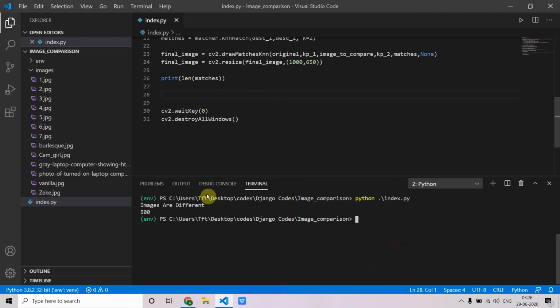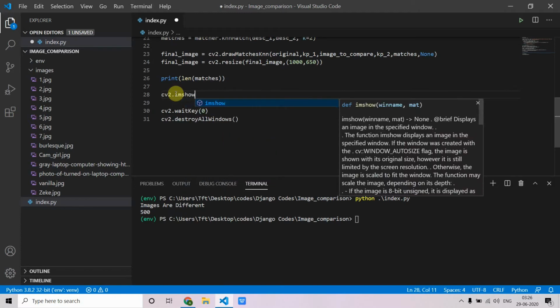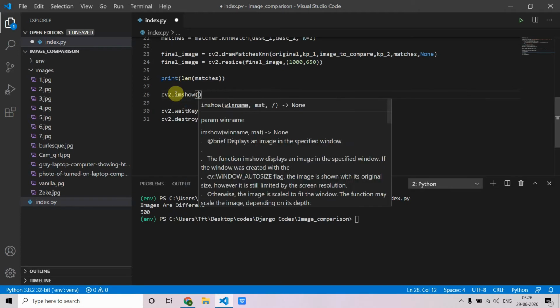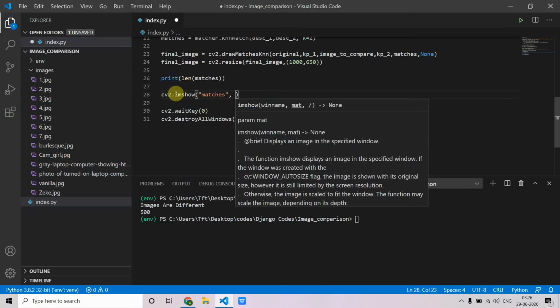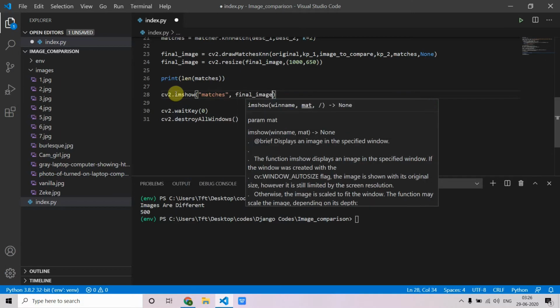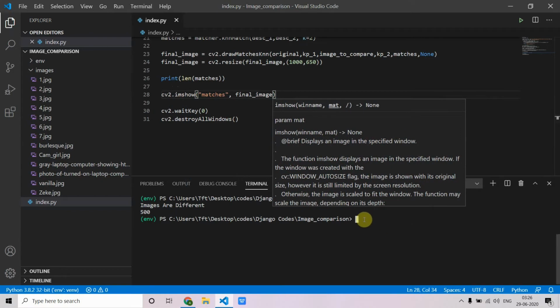Sorry, I'm missing the cv2.imshow. Images is equal to final image. Then run the program to see the matches.